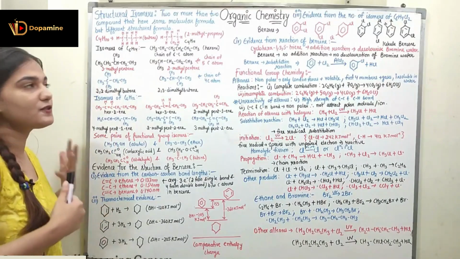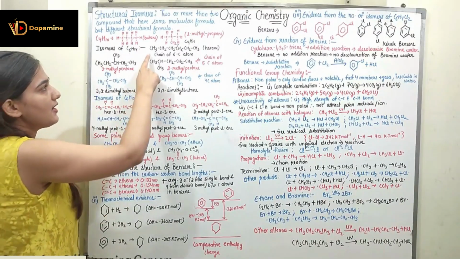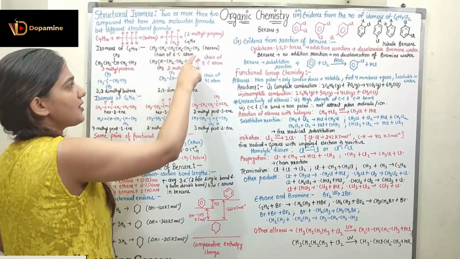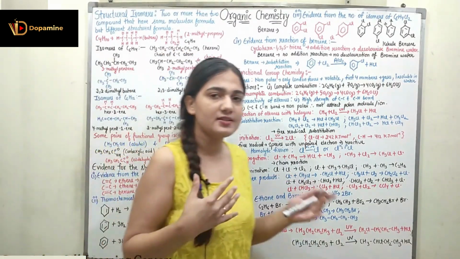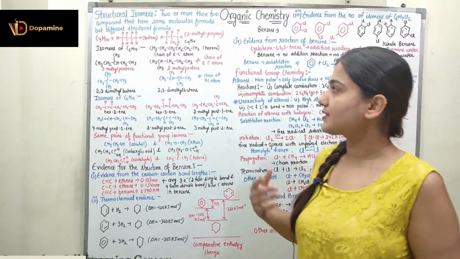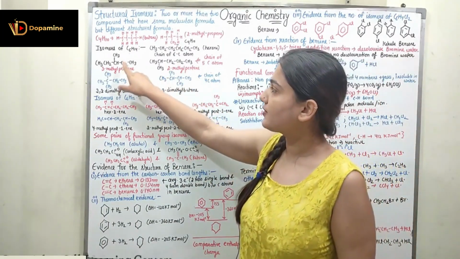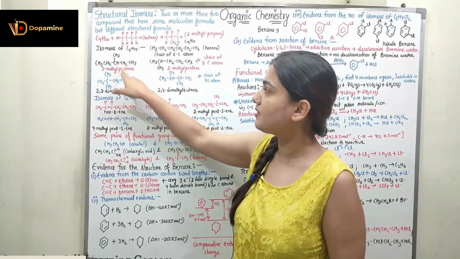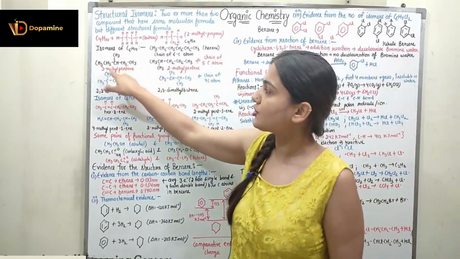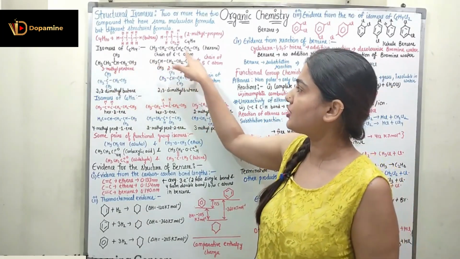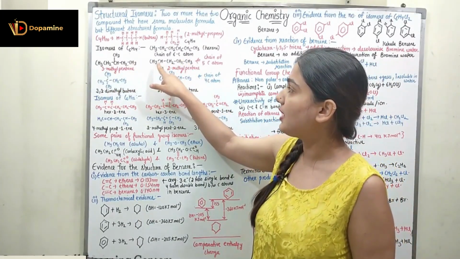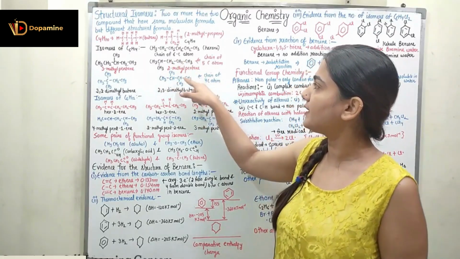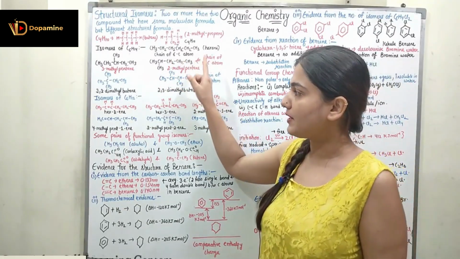Similarly, we have isomers of C6H14. Here we have CH3CH2CH2CH2CH2CH3, which is a chain of 6 carbon atoms, that is hexane, the first structure for C6H14. The second structure for C6H14 would be CH3CH2CHCH3CH2CH3, which is 3-methylpentane. Here you can see we have a chain of 5 carbon atoms. Again, we can have a chain of 5 carbon atoms with a different structure, CH3CHCH3CH2CH2CH3. This is my 2-methylpentane, a chain of 5 carbon atoms.